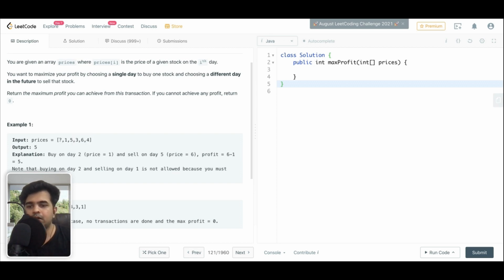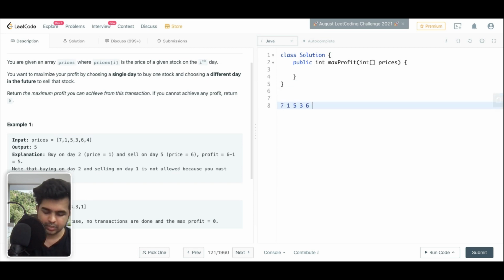So what I'm saying is, let's say we have 7, 1, 5, 3, 6, 4. So 7 is our current minimum. We move forward and we see 1 is less than 7, so we assign 1 as the new minimum.